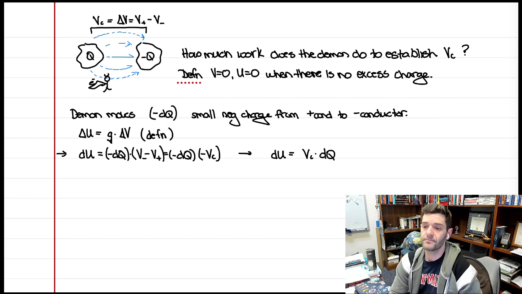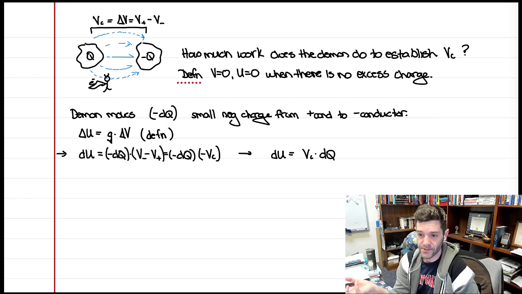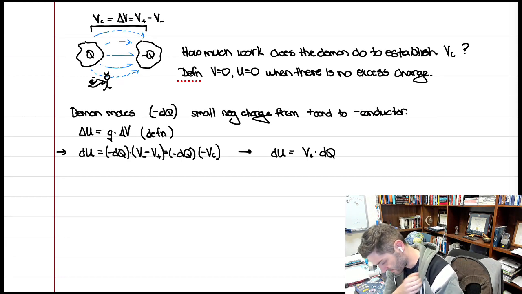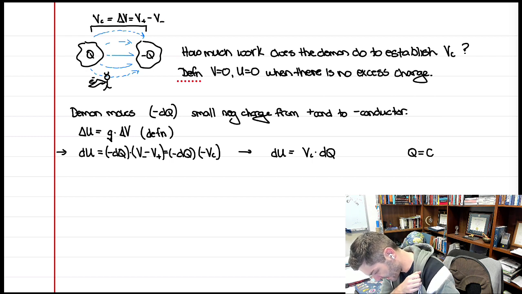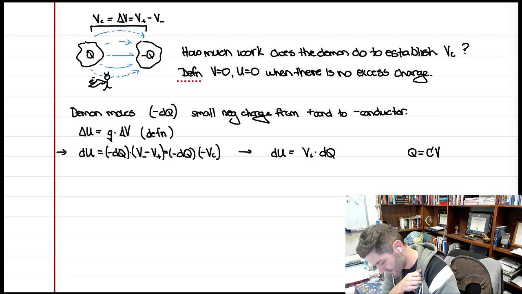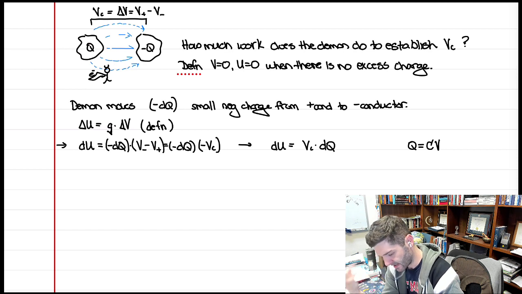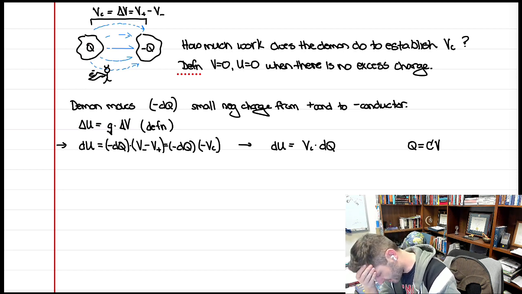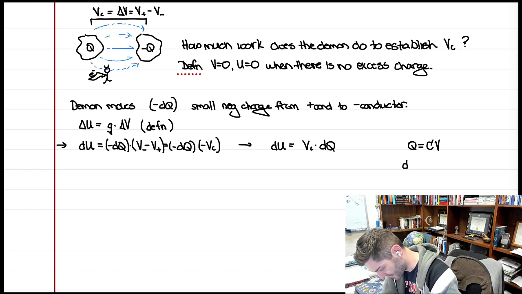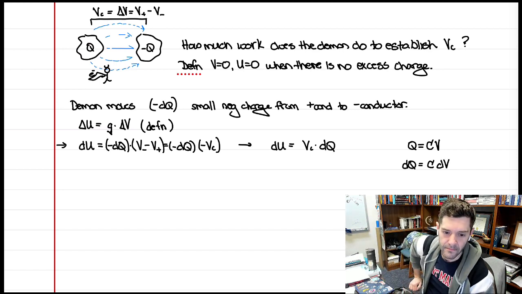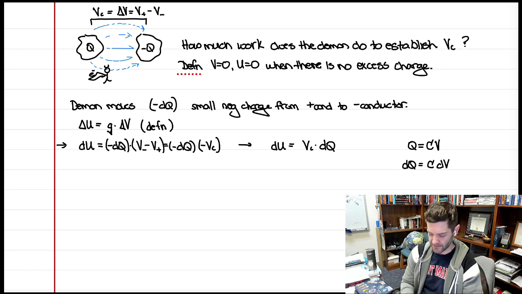But now let's also work in what we just wrote down for capacitance. We said that Q is equal to the capacitance times V. So if we're looking at this particular capacitor, then if I were to take the derivative of both sides, it looks like dq would equal some constant times dV. And essentially I created a differential,